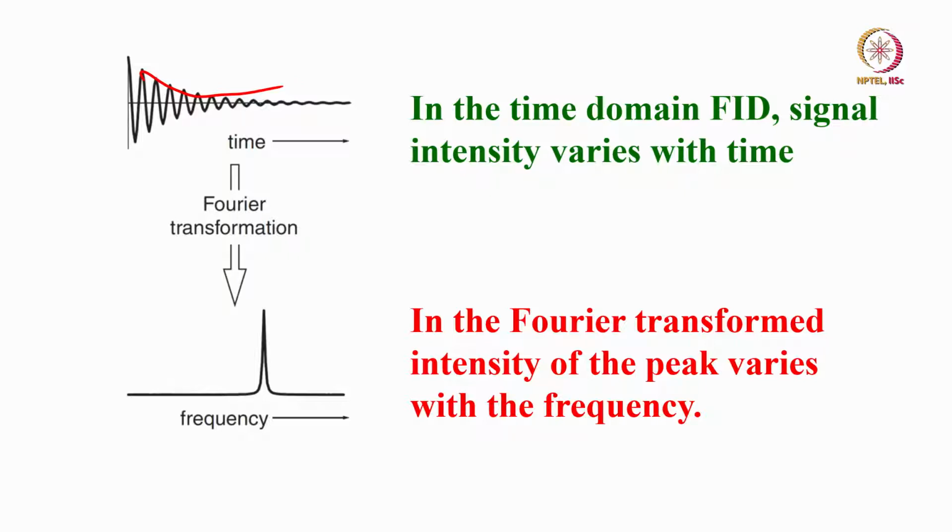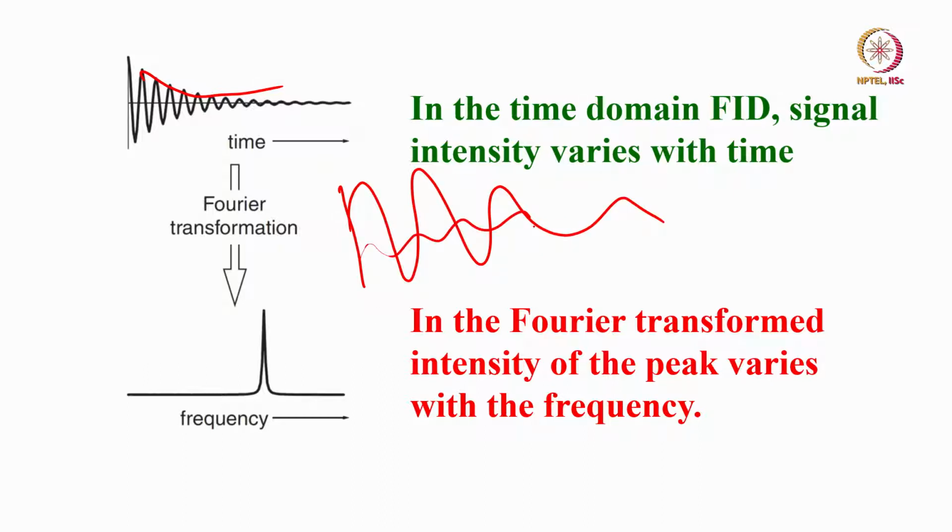Similarly, in the Fourier transform spectrum, the intensity of the peak also varies with time. Very easy to understand this. Let us say I have two frequencies present in your NMR spectrum. One intensity is very large, a huge free induction decay is there. Signal intensity is very large. The other is very weak in intensity like this. Both are present. Do the Fourier transformation of it. We will have frequencies, one with bigger intensity, the other with smaller intensity.